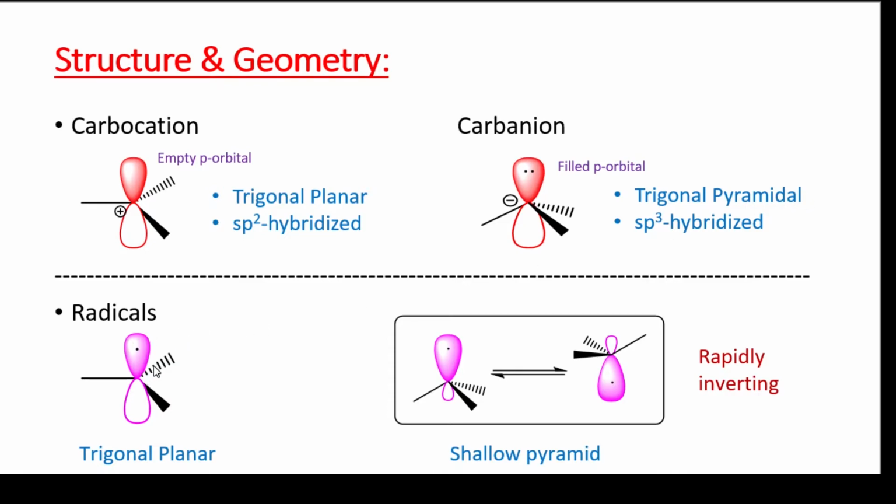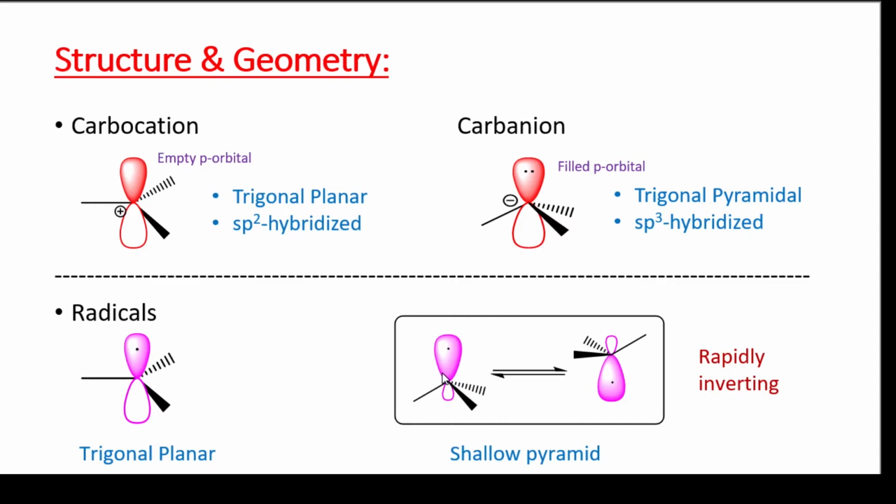Before discussing radicals and their shapes, we discuss the bonding and anti-bonding lobes. Here you can see this is the bonding lobe, the dark one, and the empty one is the anti-bonding lobe. Here the sizes of the bonding and anti-bonding lobes are equal or similar. Similarly in a carbanion, the bonding and anti-bonding lobes on both sides are similar in size. But in radicals, if the sizes of the bonding and anti-bonding lobes are equal, then the shape is trigonal planar.